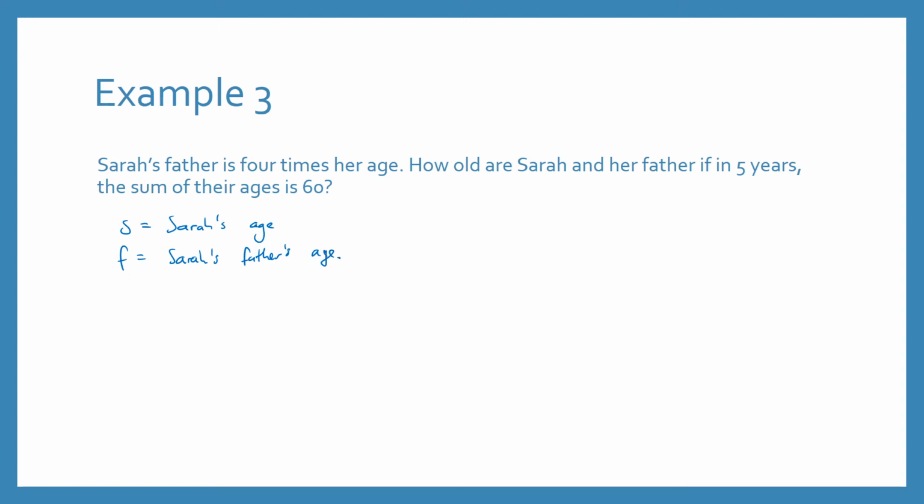Now, when we're setting out this equation, we need to think about what's happening here. And we're told two different pieces of information. First, we're told that Sarah's father is 4 times her age. So we can write that the father's age is going to be 4 lots of Sarah. We also know that Sarah and her father in